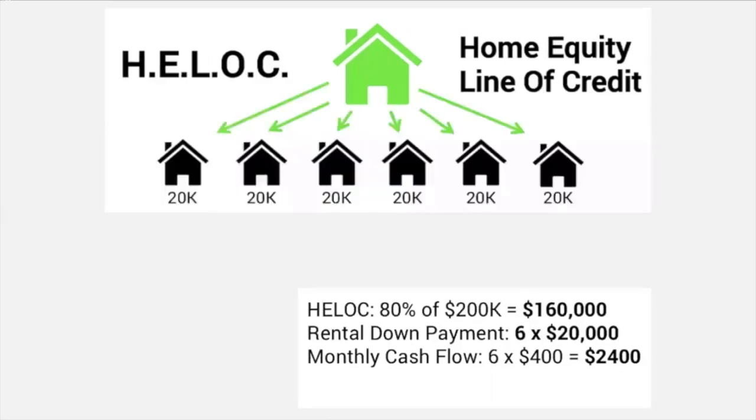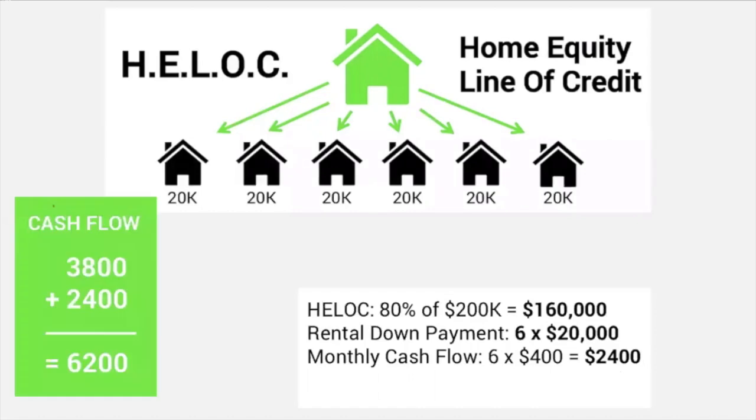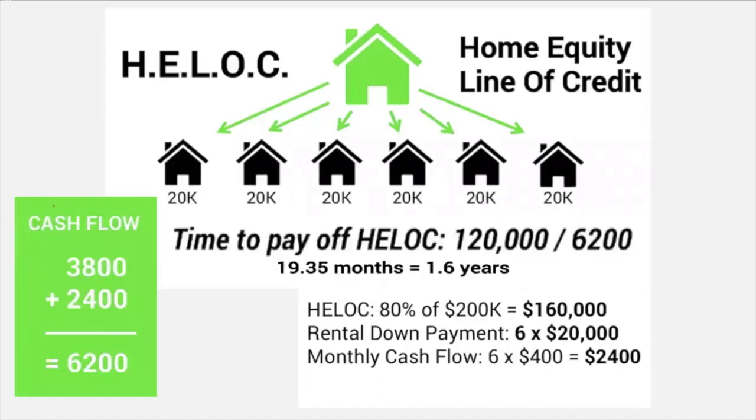So you take a line of credit, you make a down payment on 6 different homes, so $120,000, leaving room in the credit, so you're not going to the max amount that you can. And when you start generating that passive income, your cash flow will increase to $6,200, and then you start utilizing the same strategy that I showed you in the previous examples, and you'll pay off the line of credit, the $120,000, and you will literally have no debt that is a liability any longer because the rentals are satisfying any